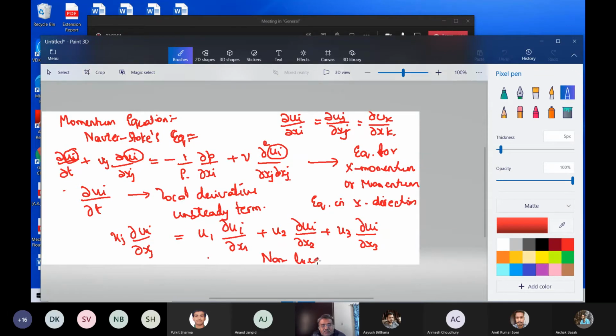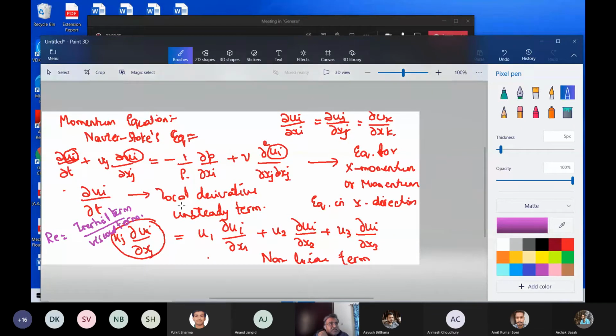Why is it called so? The simple reason is that it is non-linear. There is one u here, one u here. It is a product of velocities, and therefore it is a non-linear term. This term is basically the dangerous part of the Navier-Stokes equation. This is the term that produces turbulence. So you remember when you wrote the Reynolds number, we said that it was the inertial term by the viscous term.